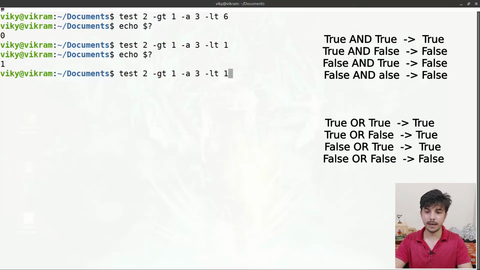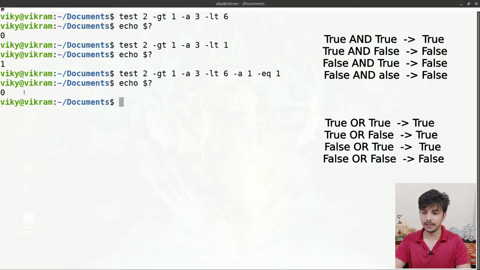For example, I can write here another dash a, and then I can write here 1 dash eq, let's say 1. Okay, I'll write here 6, right? So in that case all these three expressions should be true. So if I press enter, do here echo of dollar question mark, it is returning us 0 because 2 is greater than 1, then 3 is less than 6, and then 1 is equals to 1. So all the conditions are true,